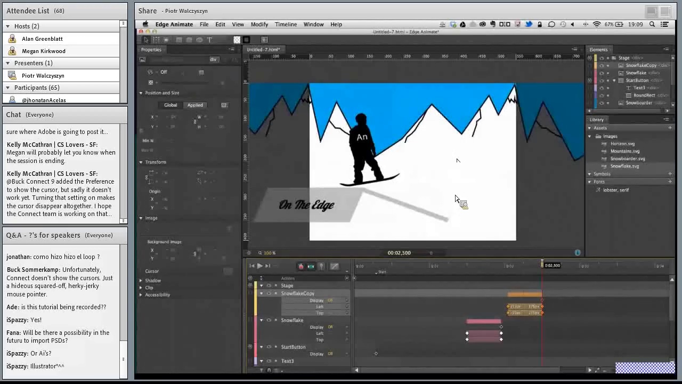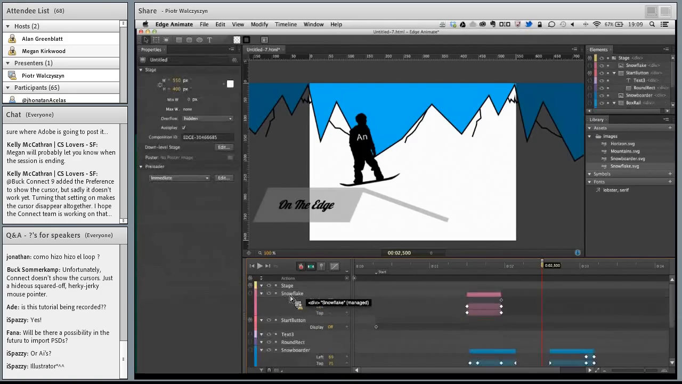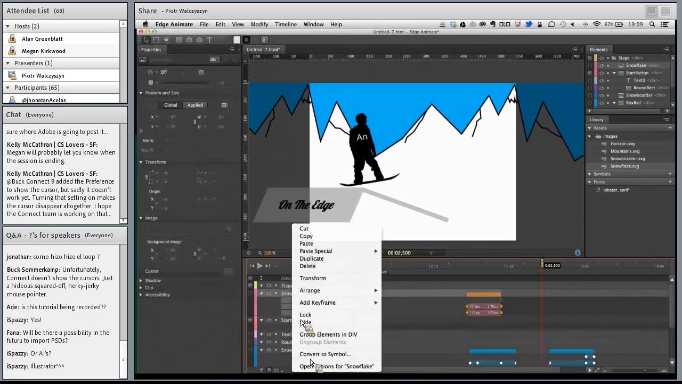There we go. But if I wanted to do a snowstorm, my timeline would be huge, because I would need to put hundreds of those snowflakes there. So I don't think copying and pasting is the right way to go. So I can delete that second one and take the first one I created, right-click on it, and I can